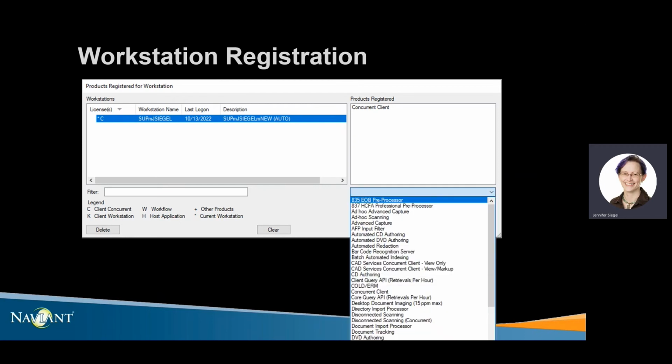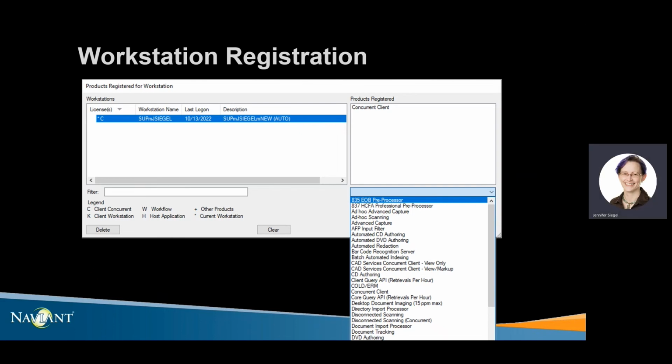Some machines, such as scanning stations, DIP, COLD, import type functions, will then need additional licensing assigned manually in the thick client. For users logging into OnBase via a web client, the machine that gets registered here is the web server, not the end user's machine.